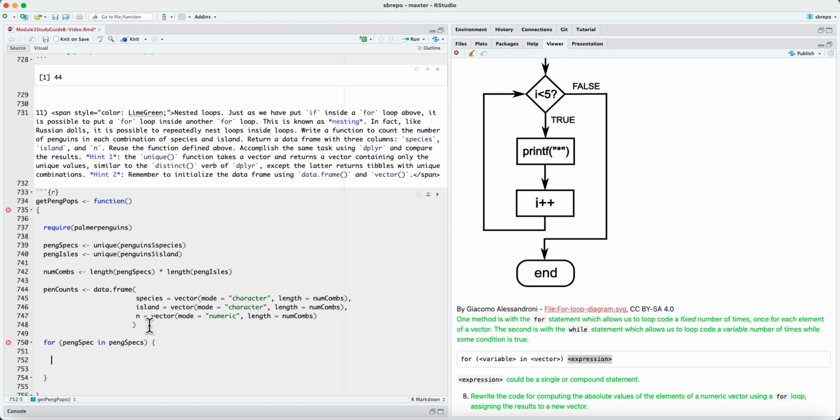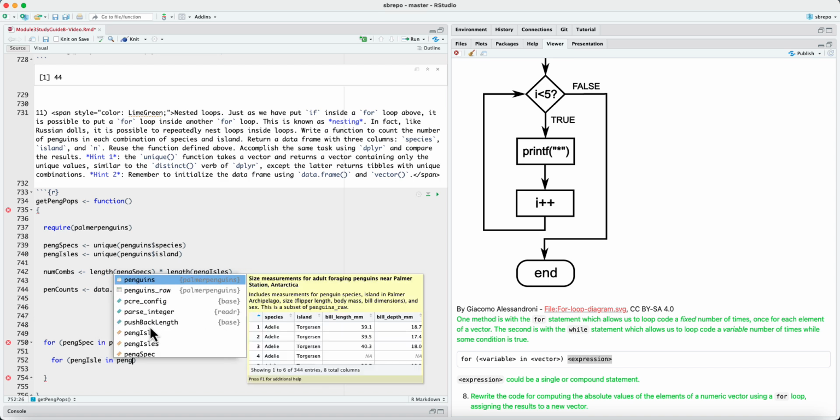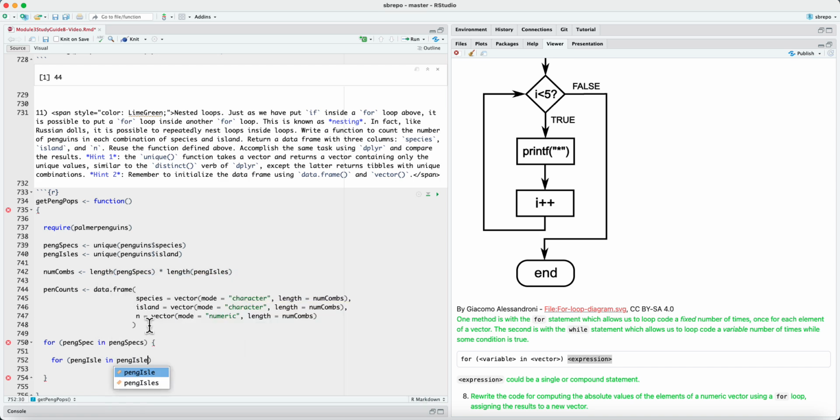And then for each species that I have, I should iterate over all the possible islands that there are. And so I will do a for loop over the island. So I will do peng isle in peng isles,